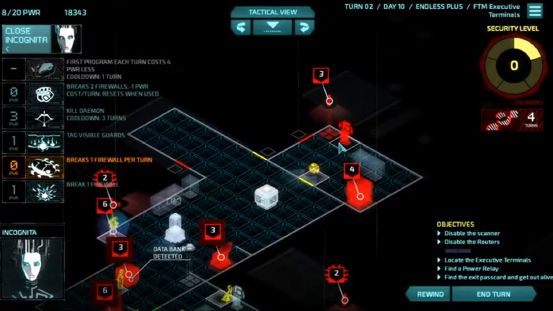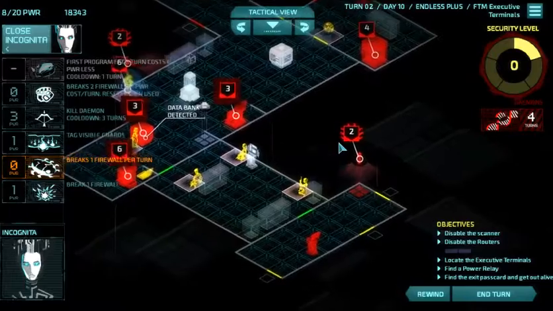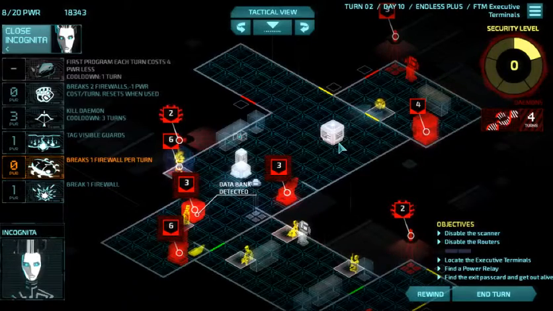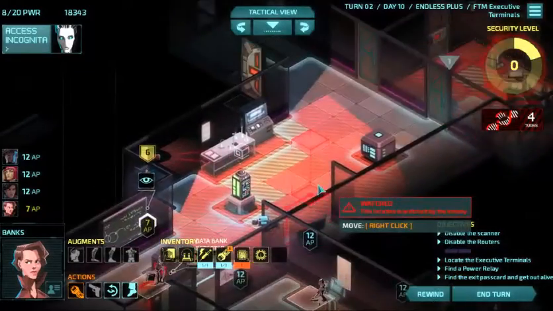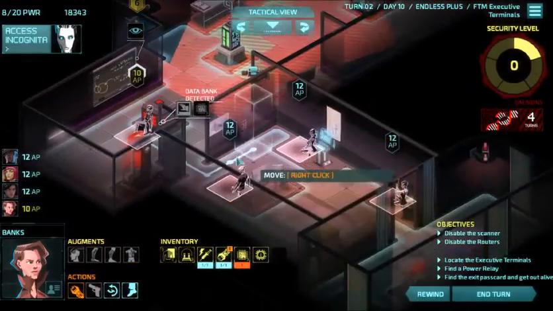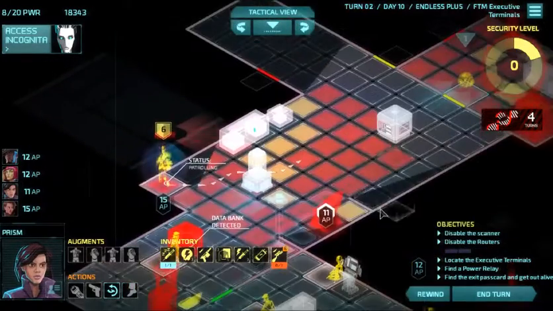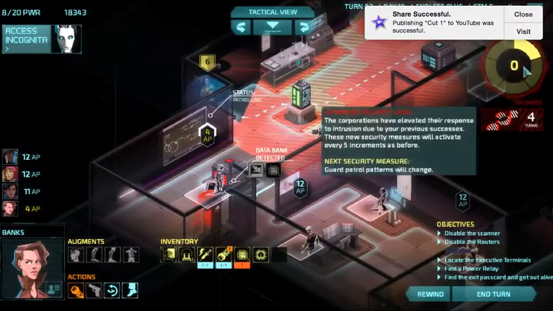Nobody is coming into this room anyway, so the only guy who's going to be upset is the camera drone. And the question is, where do we go next on this turn? Because a golem will let us do that. How far could Banks get? She could get all the way up here. Where's this guy going? But she can't really...